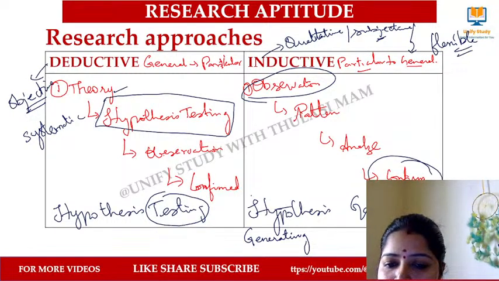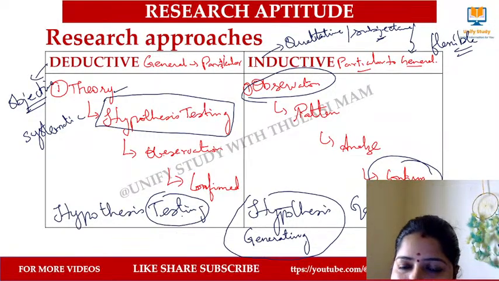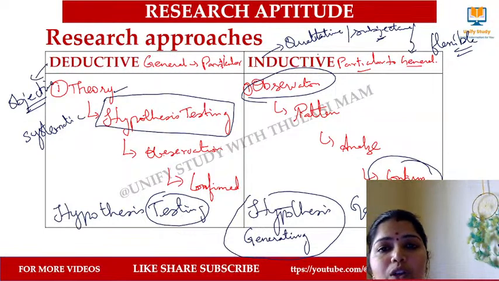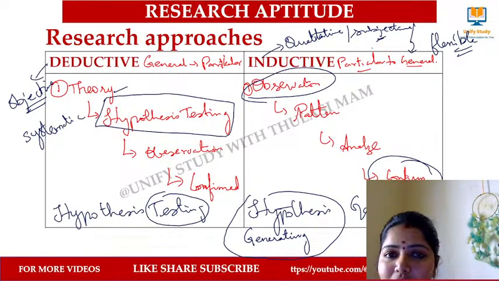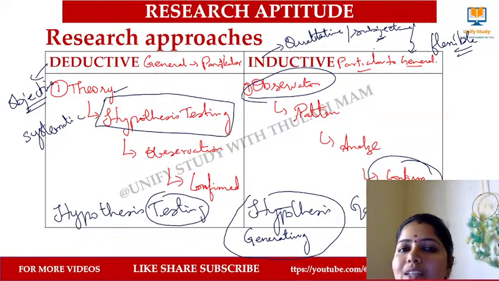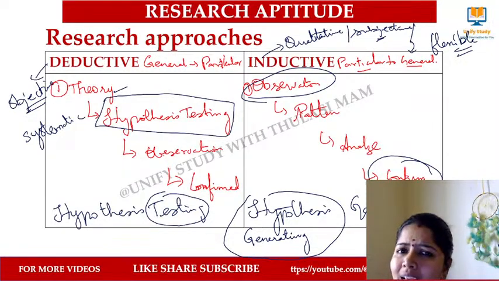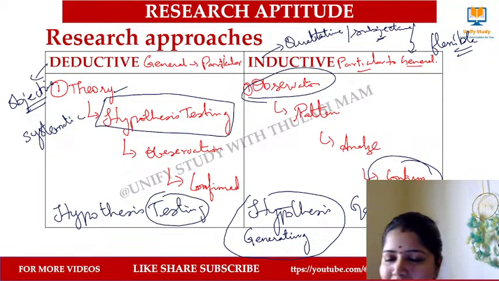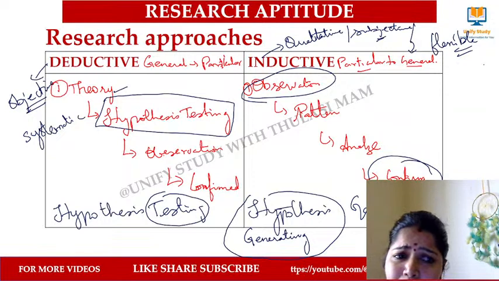And here they do hypothesis generation, whereas there they do hypothesis testing, and they work on qualitative method of research. They rely on words, they rely on their meanings, their interpretations will be done. And here on the opposite side, they are subjective in nature. Subjective means what? Each person's viewpoints will be there, it will be taken into consideration. The research process will be flexible. Flexible means what? They can change as per their need, as per the availability, they can change. That we call flexible. Here it is not flexible, it is systematic in nature, right?